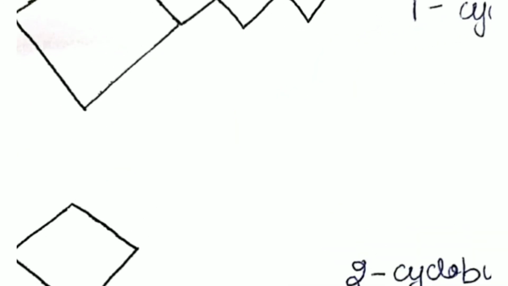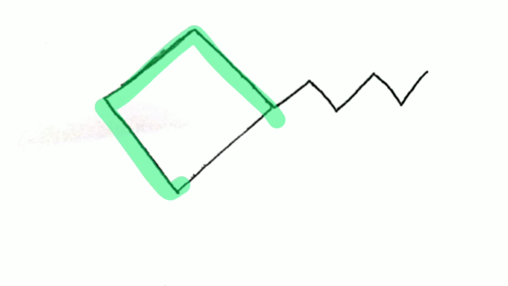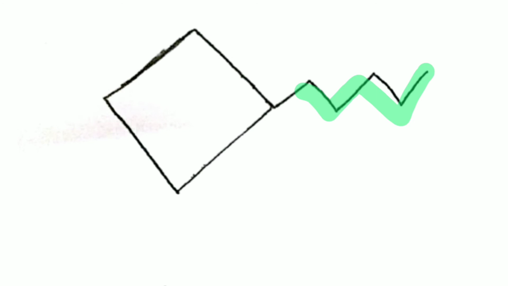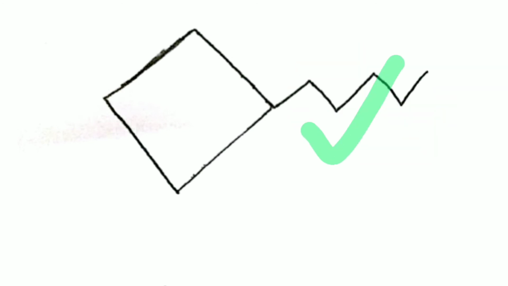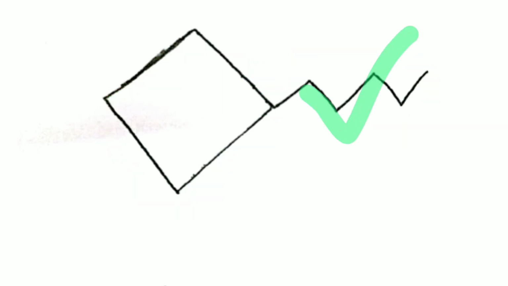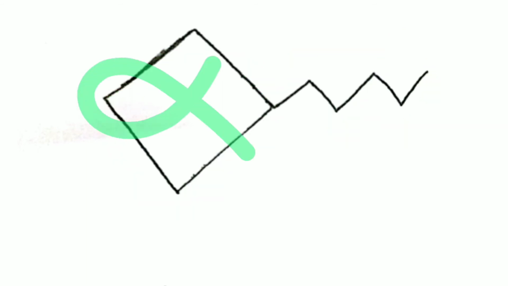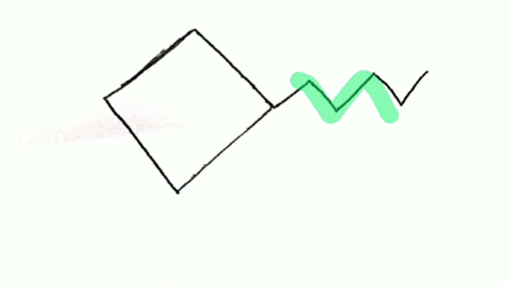Now guys, what about this compound? This has a 4 carbon atom ring and a 5 carbon atom straight chain. Now since 5 carbon atoms are there in the straight chain whereas only 4 carbon atoms are there in the ring, we'll make the straight chain our longest chain and the ring will not be the longest chain, it will be the substituent. Okay, guys. So now this straight chain is the longest chain and this is our principal carbon chain. So basically the name of this compound will be